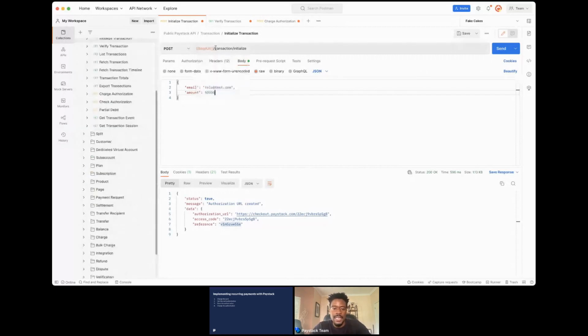So we're calling the transaction initialize endpoint, and I'm passing an email and an amount. This is a very simple way to initialize a transaction on Paystack. So if your integration is server to server, as opposed to maybe a client side integration, then you can use this. You just call this endpoint from your server, like so, and this is the object that Paystack will return